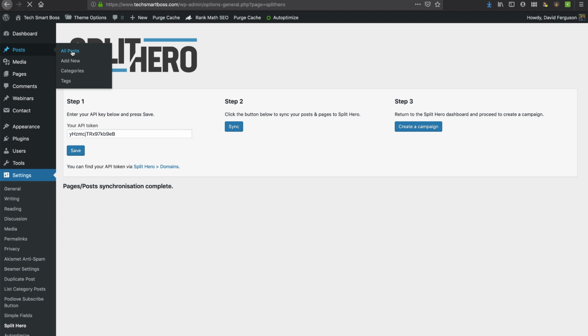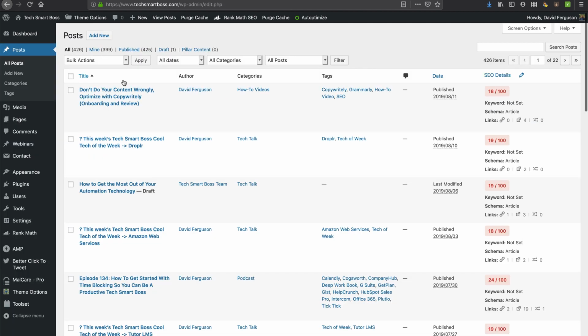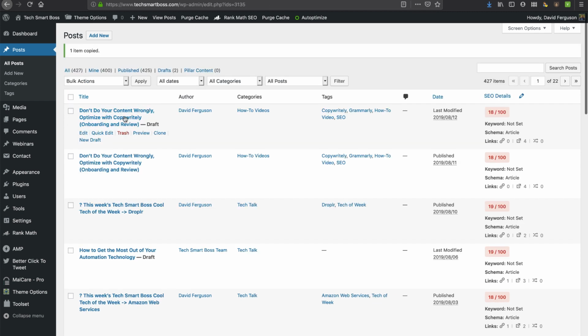I want to go back over to my post here. Now, I actually use a little plugin, and actually, I don't have it on this WordPress site. I usually use a little plugin where I can easily clone. Oh, there it is. Clone a post. So I'm just going to clone this post, and when I get that cloned post, I'm going to go in and edit it. So you see that it's cloned. I got one draft post here. I'm going to edit this post,